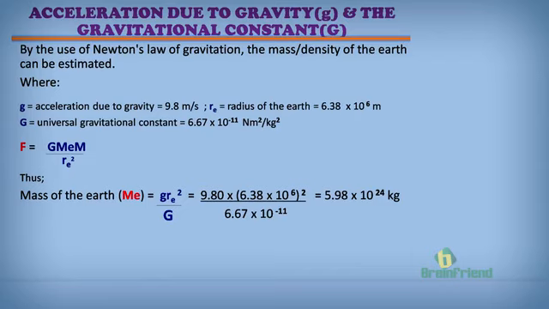Now, going by the formula according to Newton, F is equal to G m1 m2 over r squared. Thus, the mass of the Earth. Let's do a little calculation here using change of subjects, where ME is the mass of the Earth and RE is the radius of the Earth. Remember, the R is squared. From here, you can cross multiply this and have